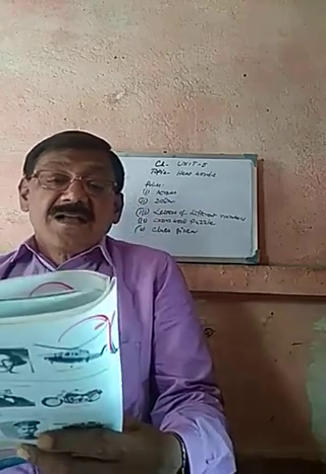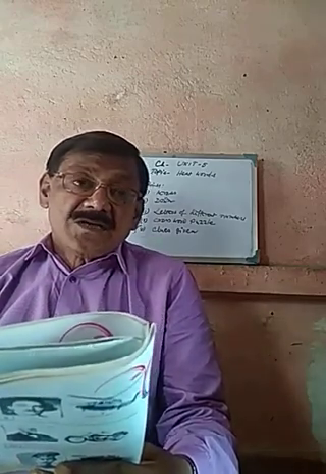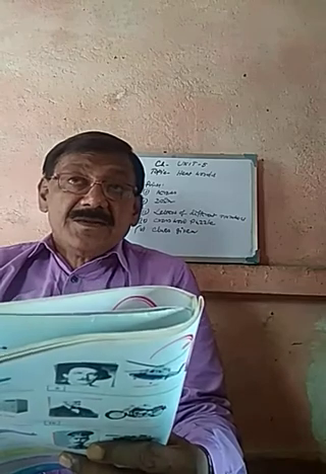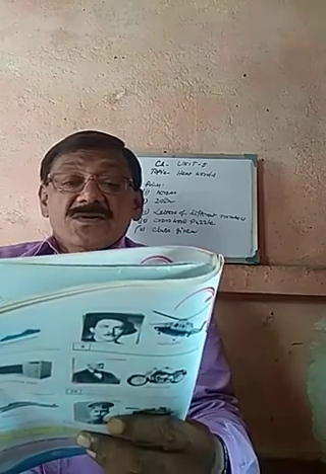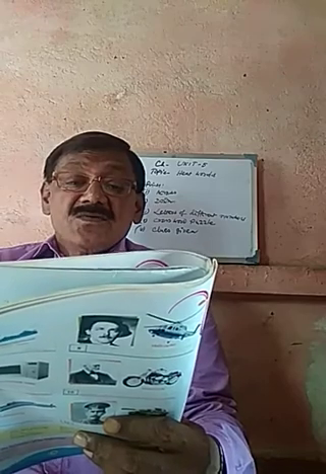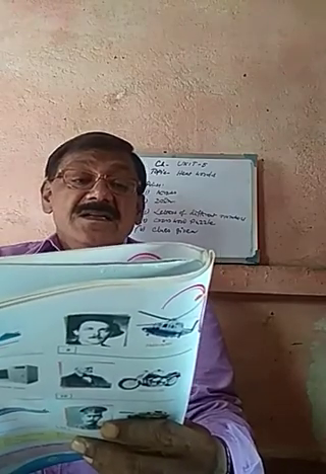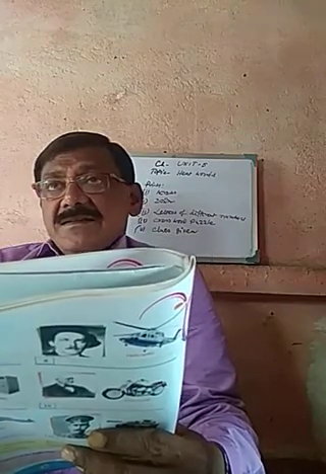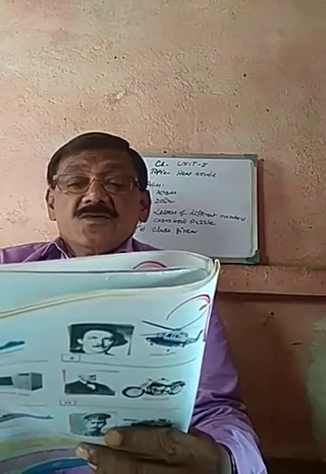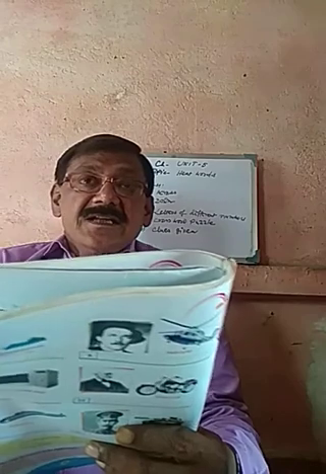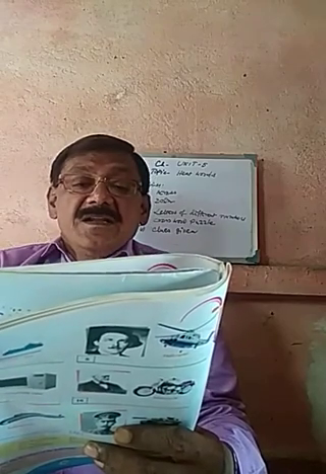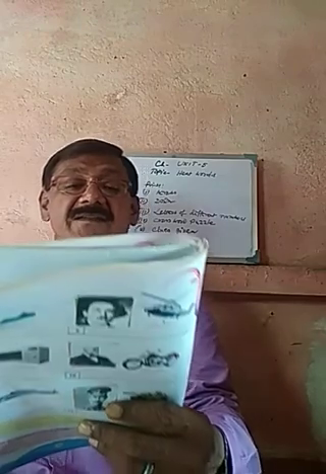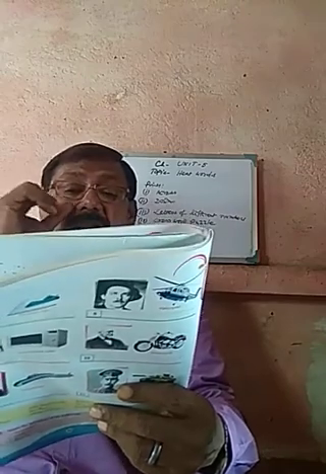Okay. Now what is the exact word? I am going to tell you. Across number 2, it is insulator, a material that does not conduct heat well. It is known as insulator. Here how many letters are there? There are 9 letters: 1, 2, 3, 4, 5, 6, 7, 8, 9. Insulator consists of 9 letters.